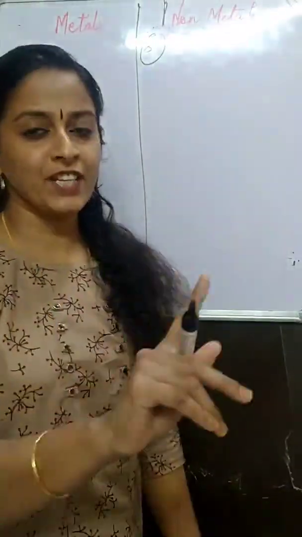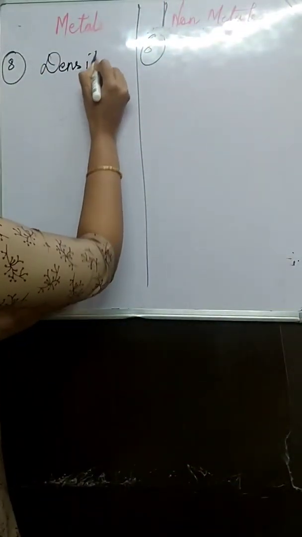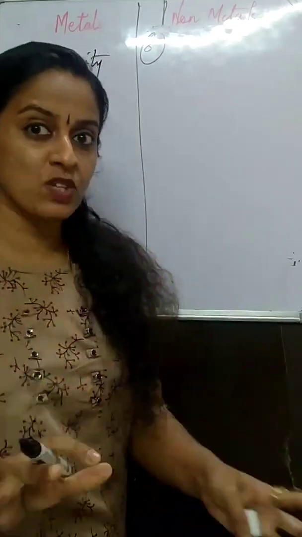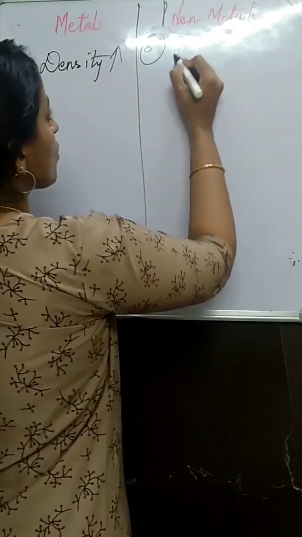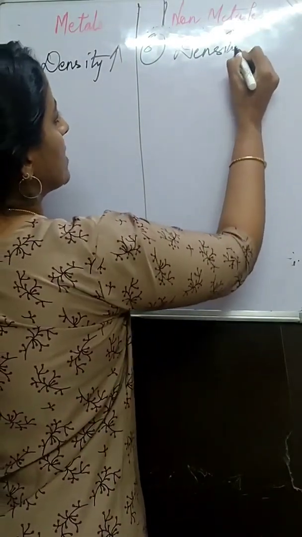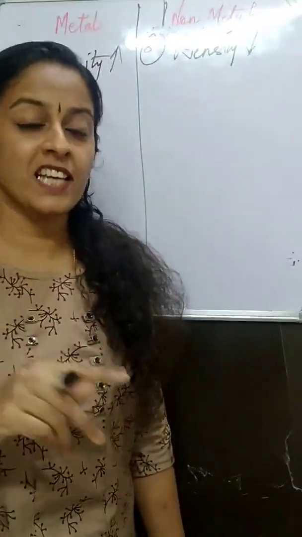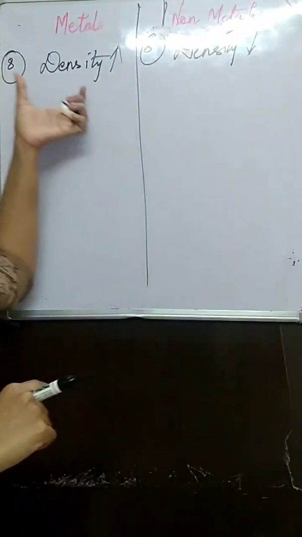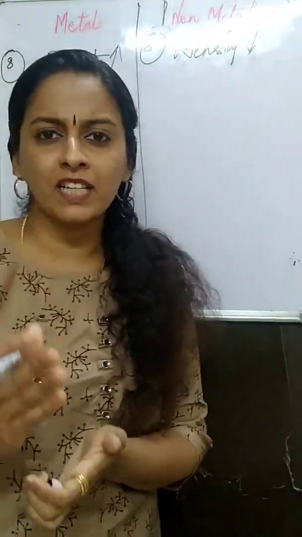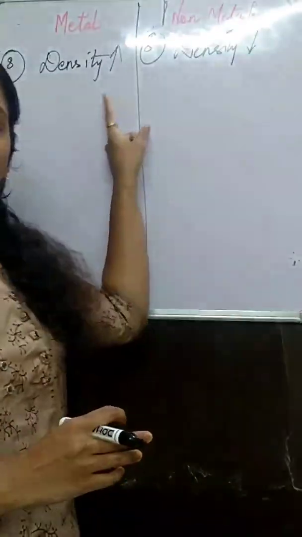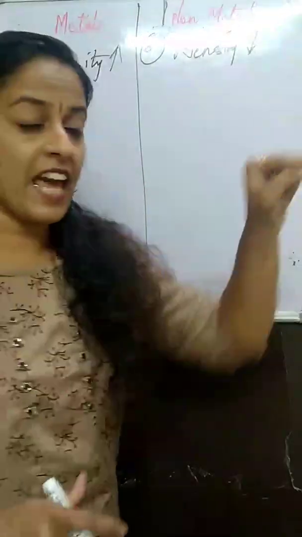One more point we can distinguish between metals and non-metals is density. As we know, the bond in metals is very strong, so most of the metals have high density, whereas most of the non-metals have low density. Again, an exception here is diamond, which has a high density. Another exception among metals are those which can be cut with a knife: sodium and potassium. Here non-metals have low density,